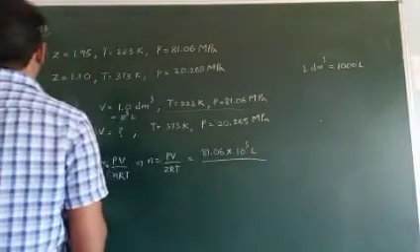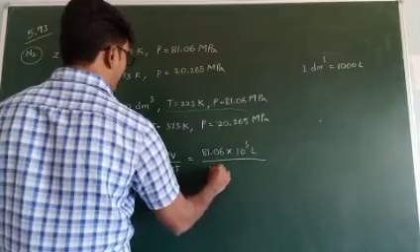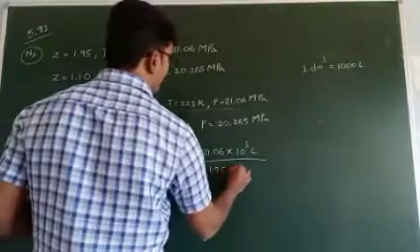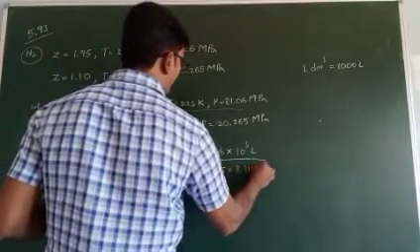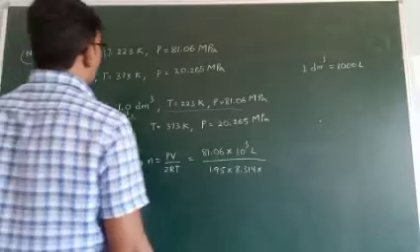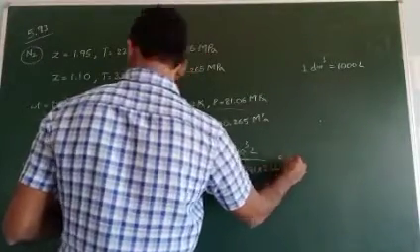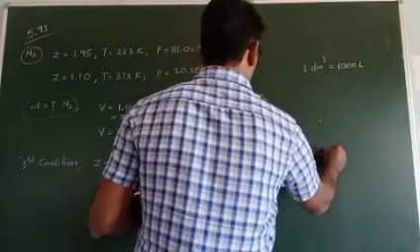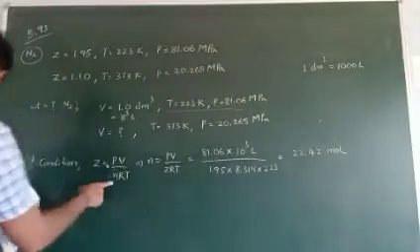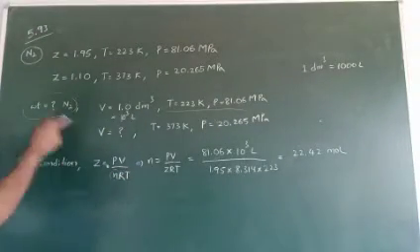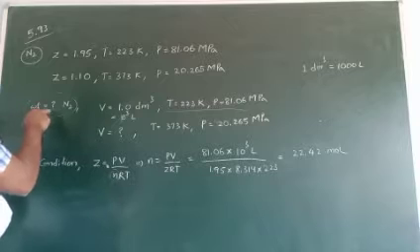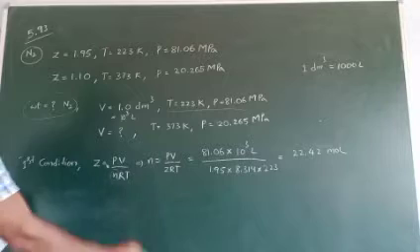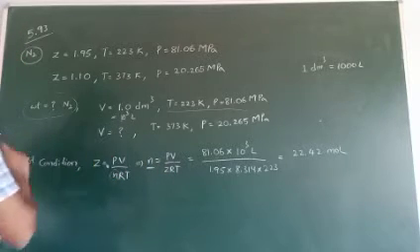By Z value. What is Z value? 1.95. What is the R value? 8.314 joules, into temperature T value 223. We got N value here, that is 22.42 moles. We calculated N value first here. Then substitute the same moles, the same quantity is present here also. So same quantity is nothing but same number of moles.